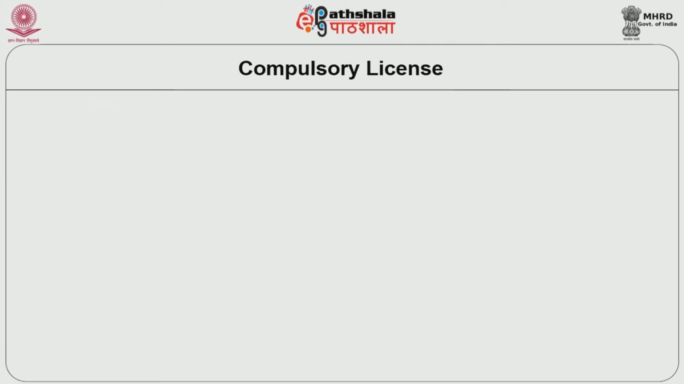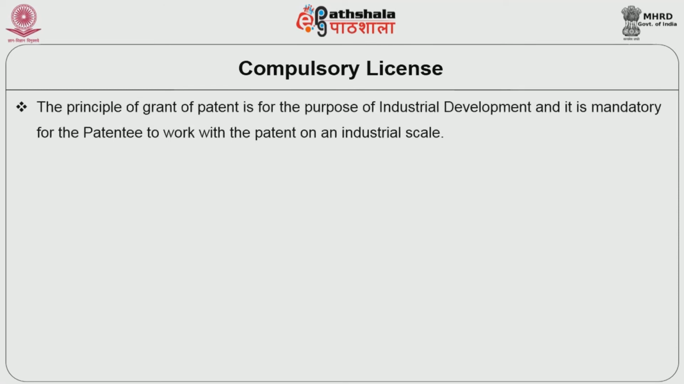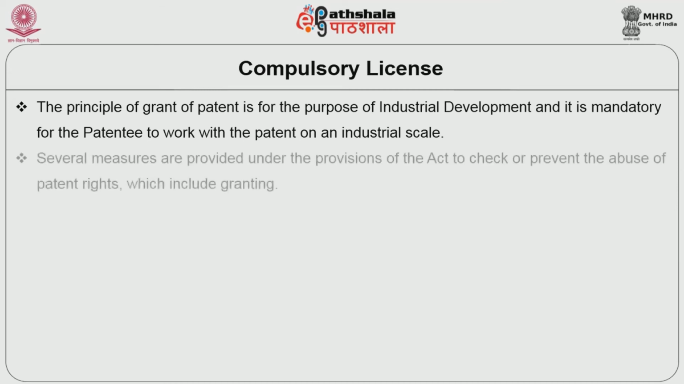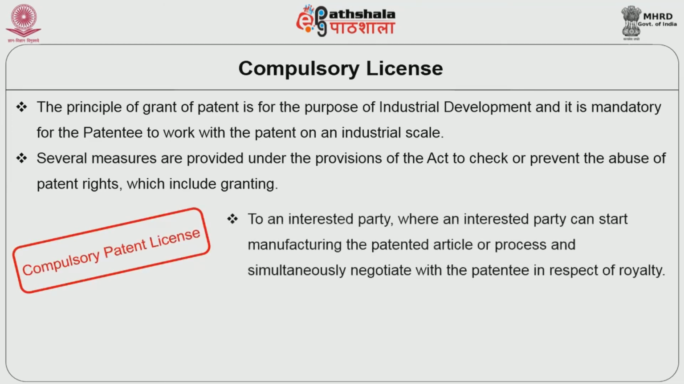So for the grant of any patent, as I mentioned in the introduction, it has to be converted into a wealth or asset of any industry. So a patent is given by the government for industrial development, and it is mandatory for the patentee to work the patent on an industrial scale, that is mass production, and make it available to the public at a reasonable rate. Sometimes it may be abused by the patent right holders, hence there is a provision called